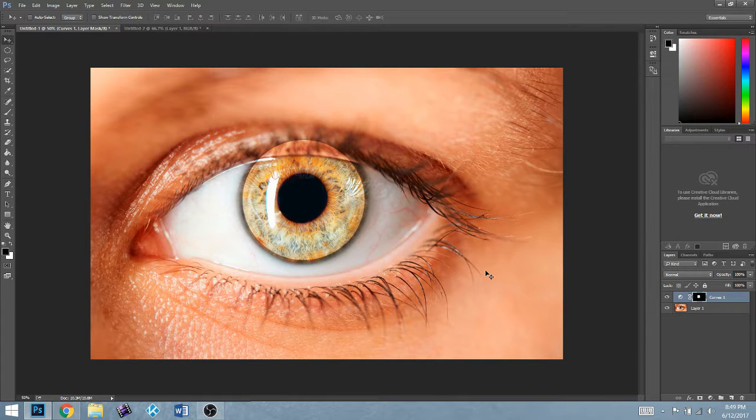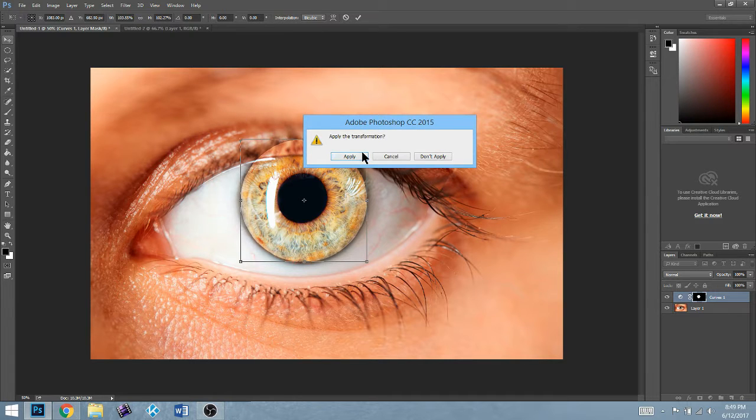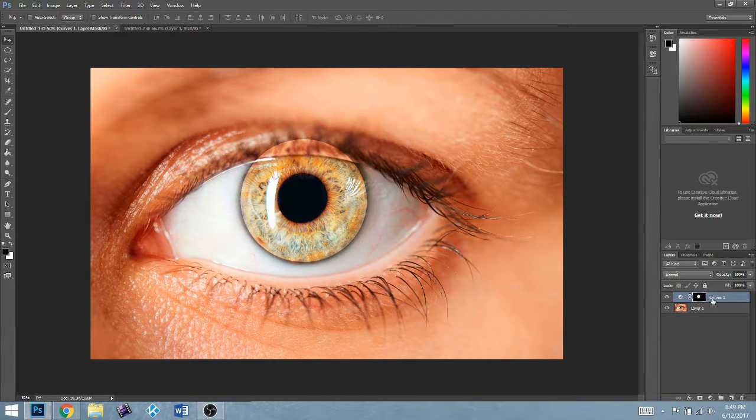So what you're going to want to do right now is press Control T. And what this is going to let you do is fix it around the edges. So remember, not all the way around, but just a little bit smaller than the actual eye. And if you have an issue here, like I do, where the selection is taking off a portion of the eyelid, what you're going to want to do is apply the transformation and then